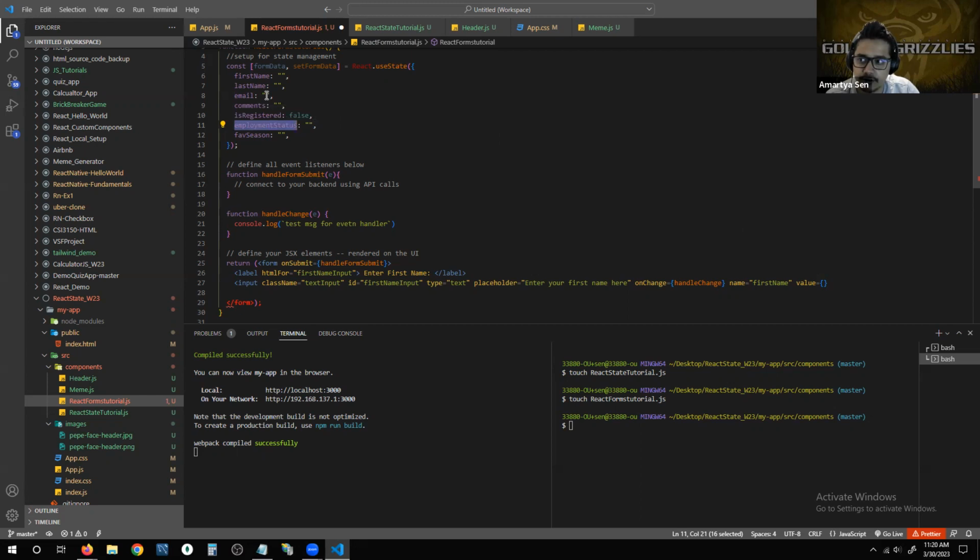So where is the key for the first name? Here. And then what is the name of the object that encloses this key? If you can tell this, then you will be able to understand, or you are understanding state management. Which container should I refer to in order to extract the most up-to-date value of all of these different key members? Is it form data? Correct. Right. So form data, this is the object container which wraps using state management around all of these different key